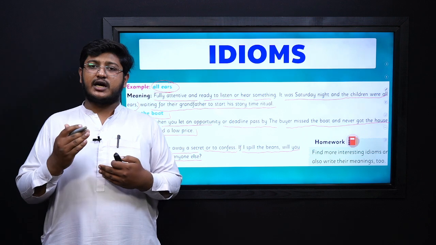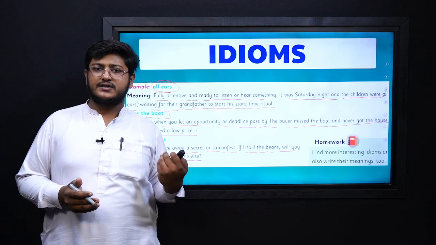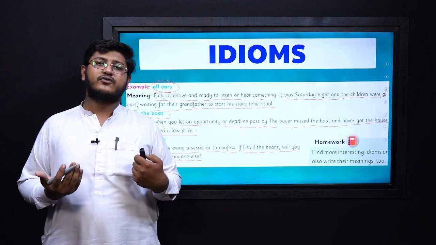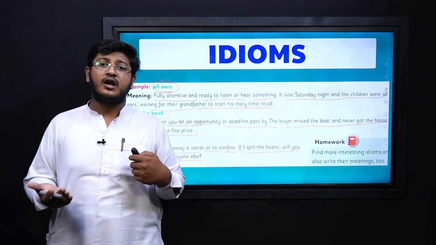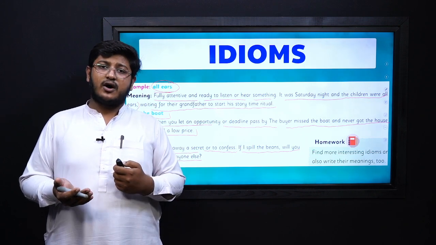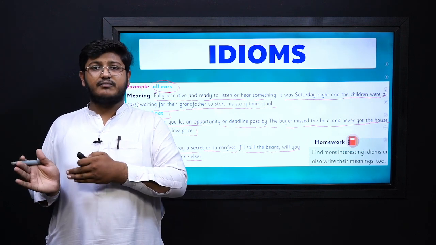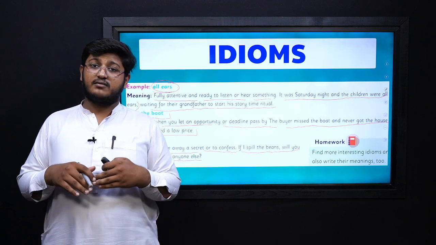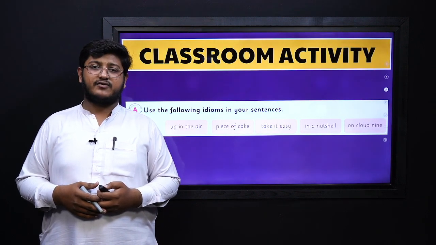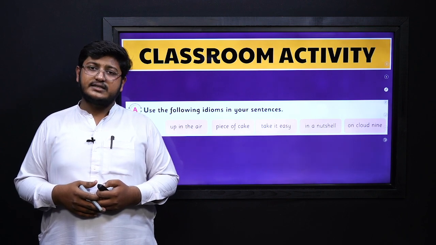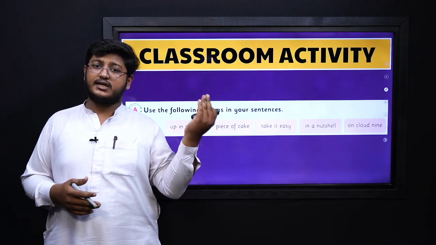The meanings associated with idioms have a certain context, certain stories, a certain background. So you have to know about those stories or backgrounds, which you can ask your teacher about or you can google. This is how you can understand the meanings of idioms and the stories associated with them, which are most of the time very interesting stories. So let's go further. I hope you have understood what is meant by idiom and why idioms present different meanings, because of sociological associations.